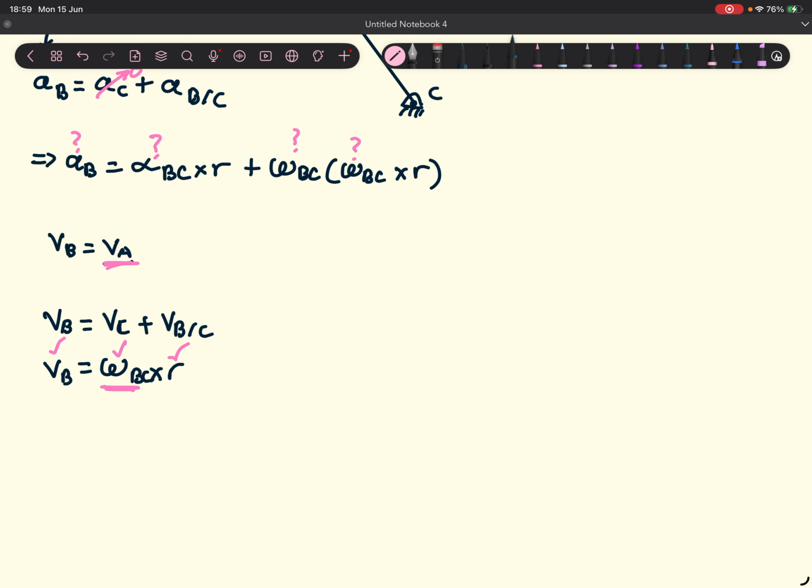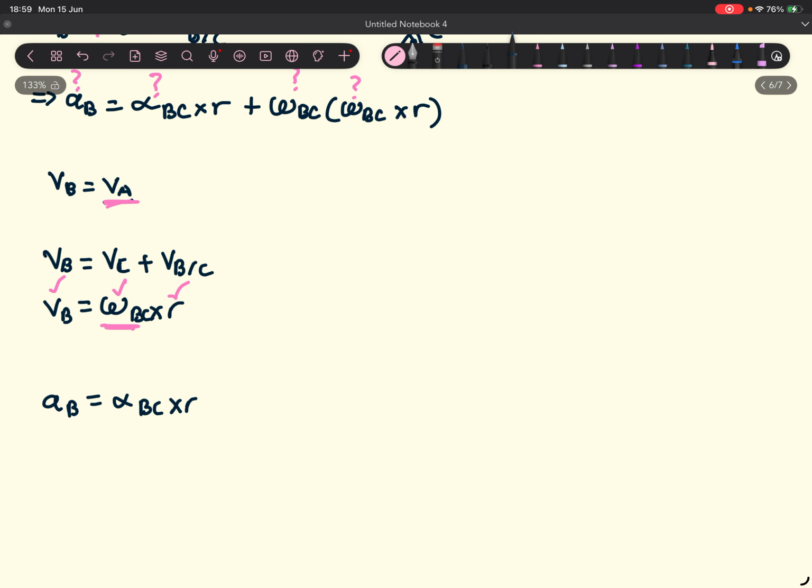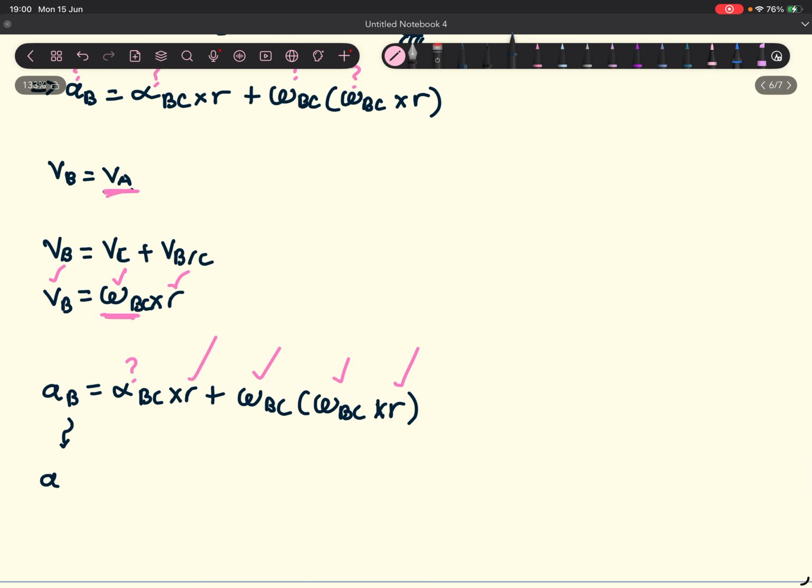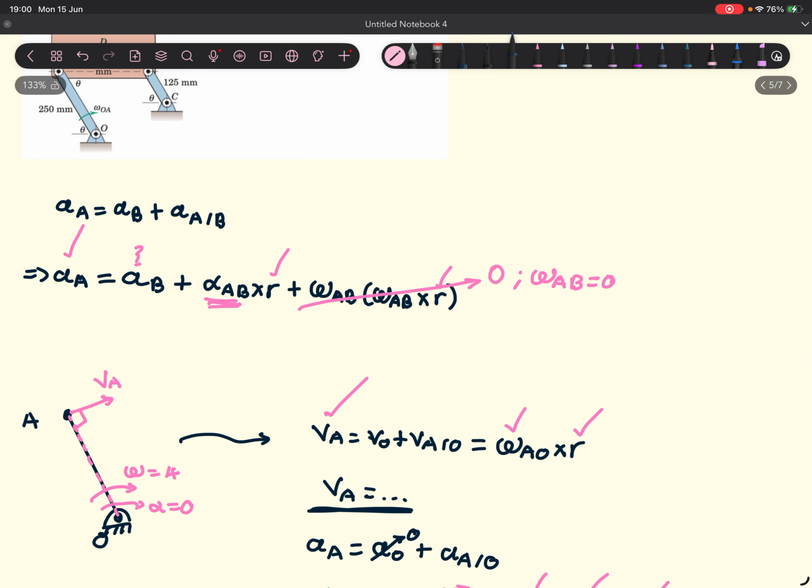And then we'll get that acceleration of B is equal to alpha BC crossed with R plus omega BC crossed with omega BC crossed with R. And we know what this is, we know what that is, we know what that is, we know what that is, we don't know what that is, right? Which is fine. So we plug this back into our big equation, and then we get acceleration of A,